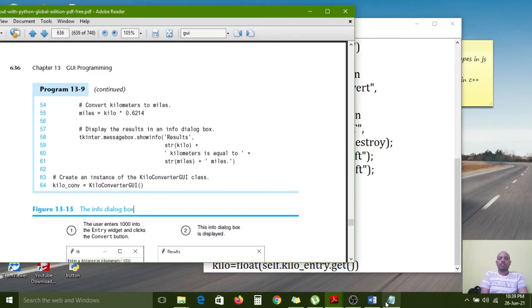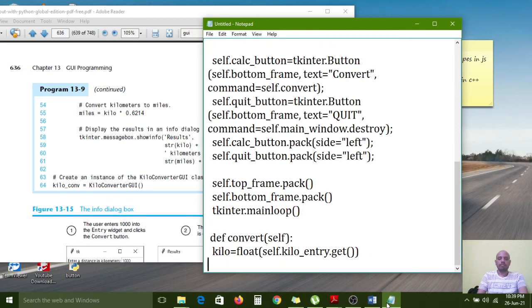Now miles is also one of the variables. Now I am converting kilo into 0.6214.